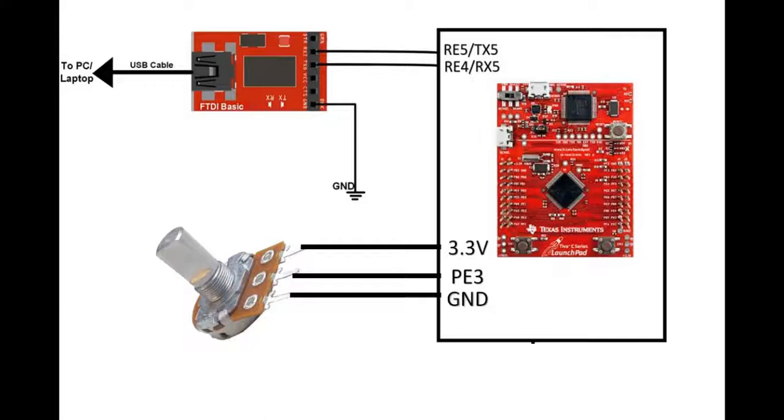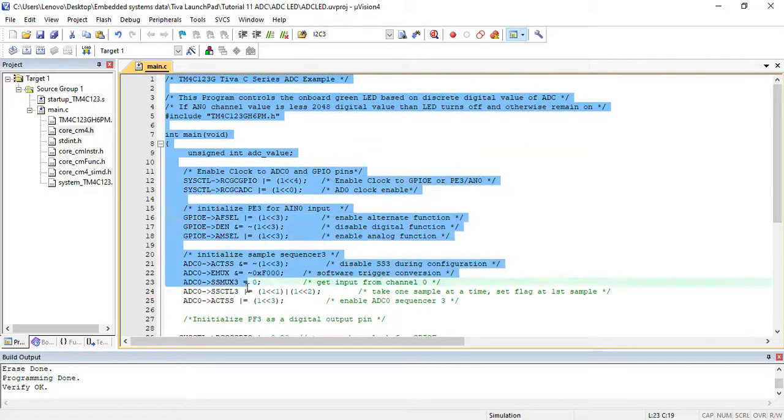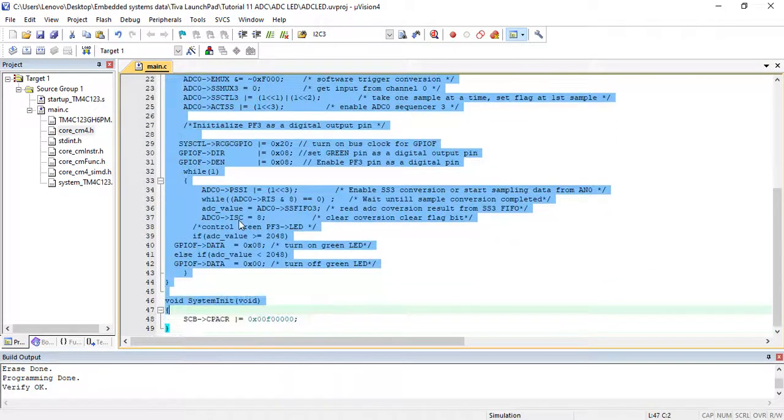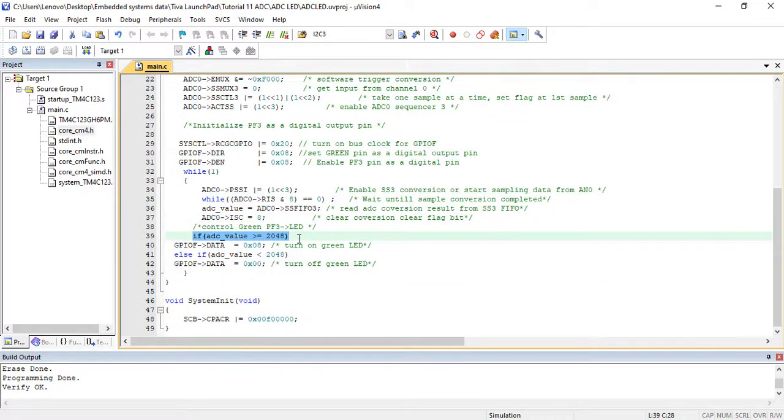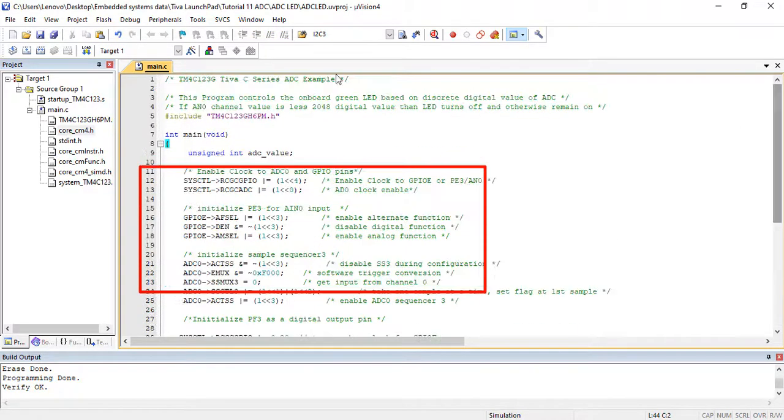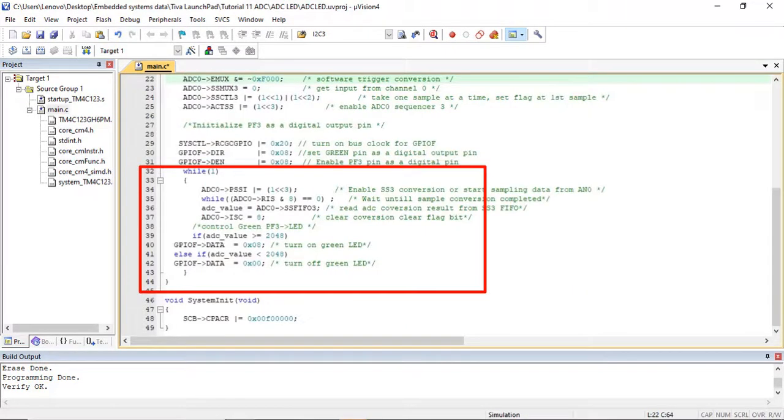In this tutorial, we will see 3 demo examples to use ADC of TM4C123 Tiva Launchpad. First, we will see a demo code of TM4C123G microcontroller ADC. This ADC code of TM4C123 microcontroller reads analog input from AN0 pin, and based on digital value turns on or turns off the onboard green LED of